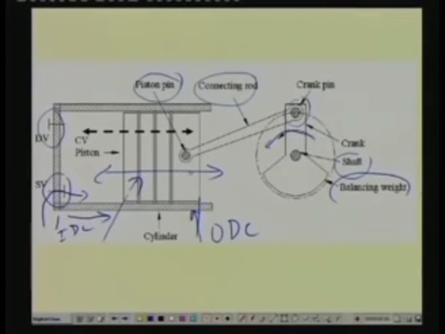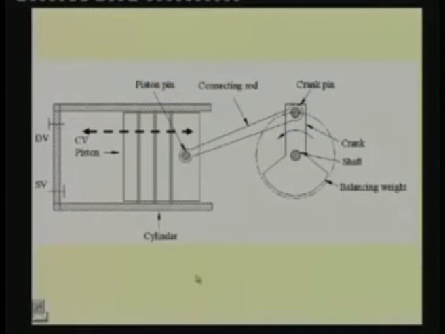As a result, the pressure rises, and once the pressure rises to the level of the discharge pressure, the discharge valve opens and the refrigerant goes out of the discharge valve to the condenser due to the motion of the piston in this direction. Again during the reverse stroke, the piston starts moving in the opposite direction, and the next cycle of compression starts. So this is the working principle of a reciprocating compressor.